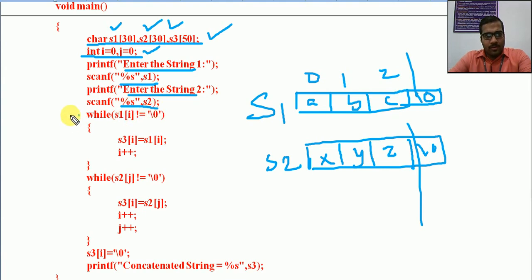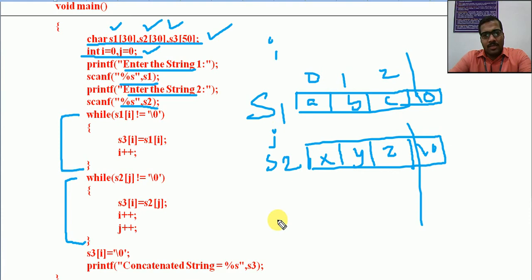Now we are using two loops. One loop is for iterating through the first string and the second one is for iterating through the second string. So this is for i and this is for j. What we need to do is combine ABC and XY.